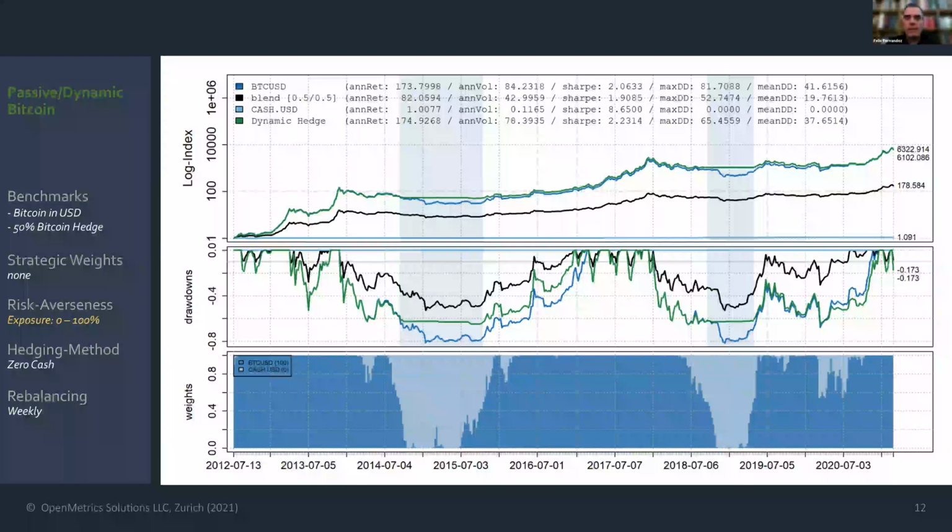So when you look at the blue line, you see also the first line in these numerical results here. You see an annualized return of almost 174%, or 173.79, a volatility of over 80, which results in a very high Sharpe ratio of 2. And this is what makes Bitcoin so interesting, what many people, from my perspective, do not fully understand. You have to look at Bitcoin from a risk-adjusted return perspective. So look at the Sharpe ratio. Please do not look at returns only. It's important to look at returns and risk in parallel. And the maximum drawdowns, as you can see, have been historically quite significant, something you would probably fear when you have